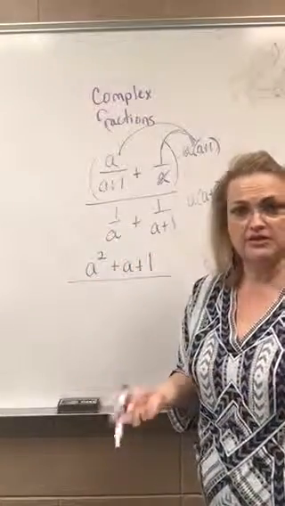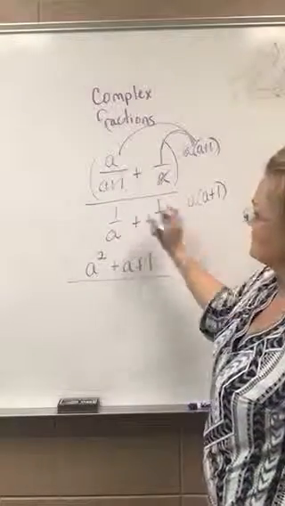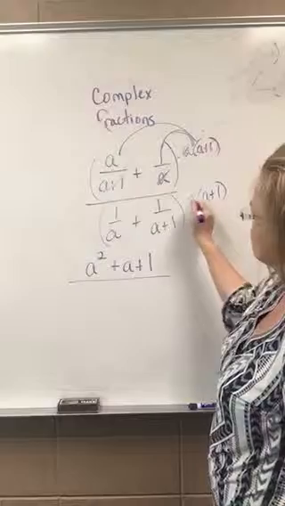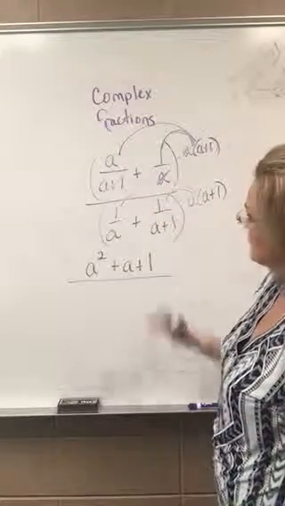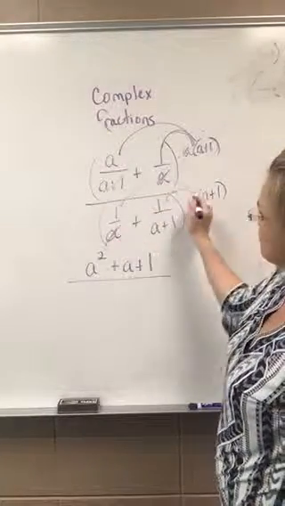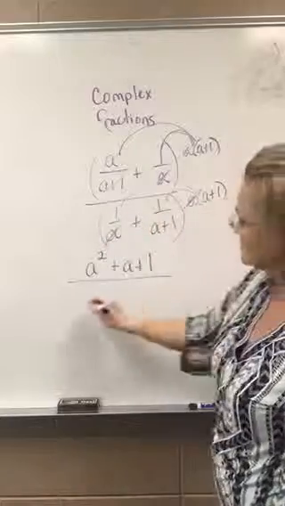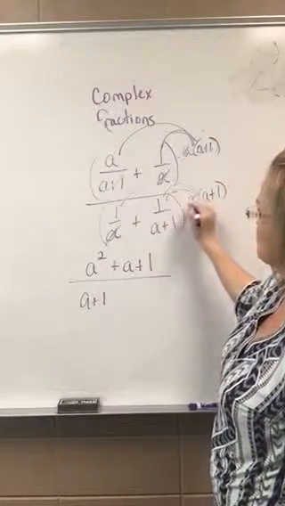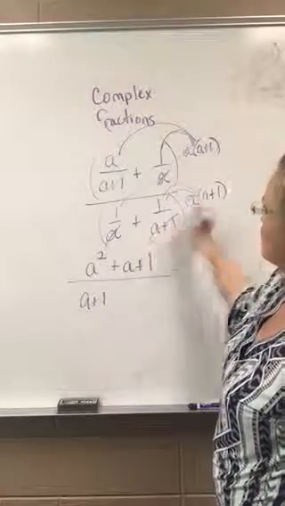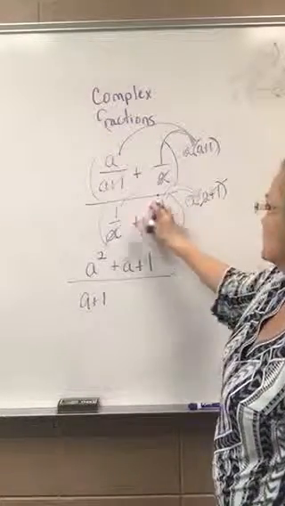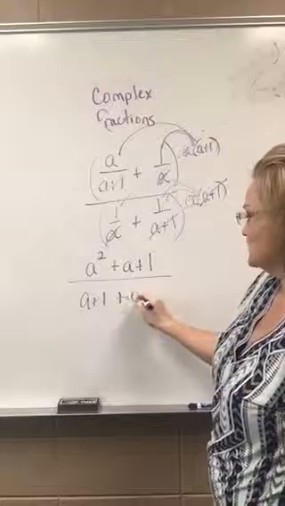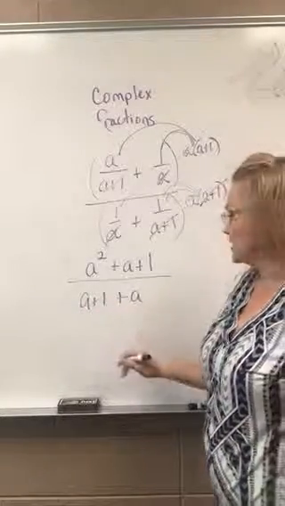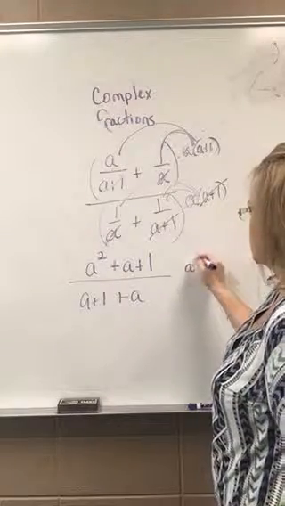And there's no denominators. Then moving down to the denominator, also timesing these both by the LCD, so that distributes. When I distribute it here, the a's cancel, so I have 1 times a plus 1. And then distributing it here, starting over each time, the a plus 1 part cancels, so you've got 1 times a, or a. So we have a couple of a's that can be combined there. We could call that 2 a's,